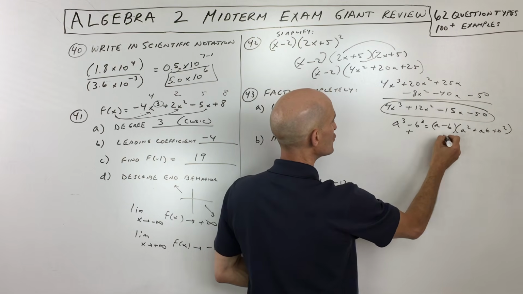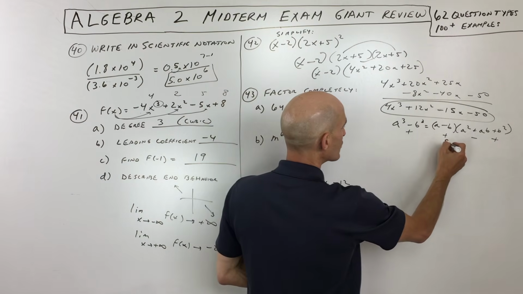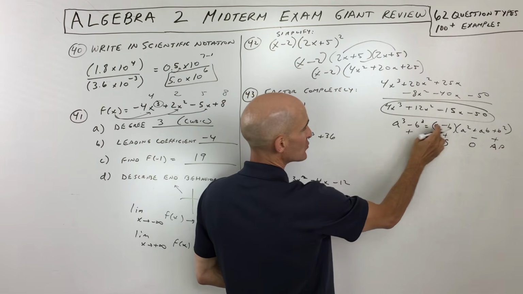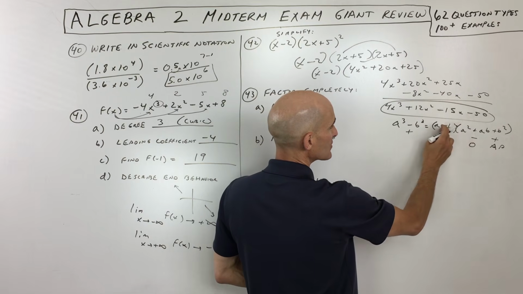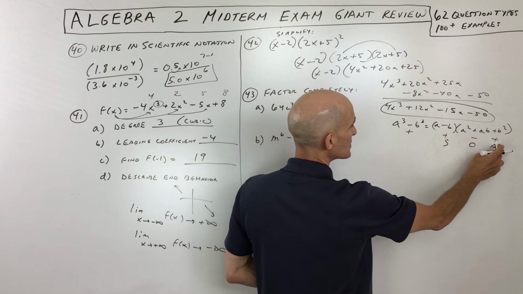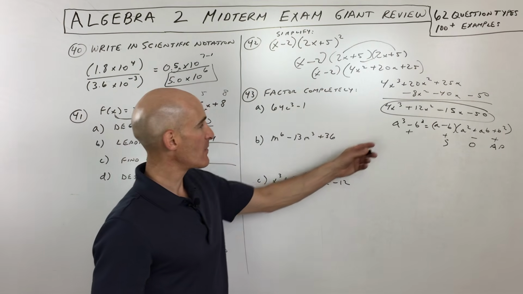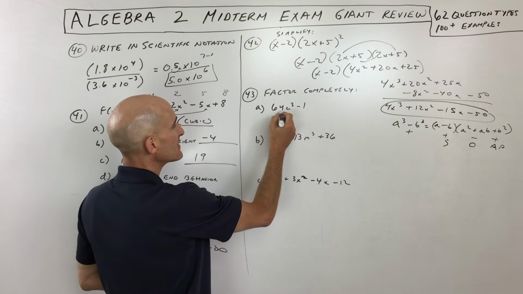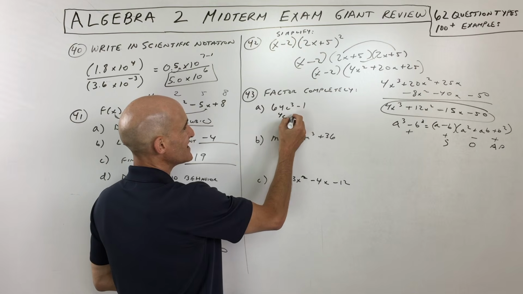Now, if you're adding two cubes, it's going to be plus minus plus. A lot of students remember this acronym SOAP, and what it stands for is the same. So if you're subtracting, you're subtracting. If you're adding, you're adding. It's the same sign. Then it's the opposite. So minus plus, plus minus. The last one, AP, stands for always positive. So think of the SOAP acronym as a way to remember the difference of two cubes and the sum of two cubes.